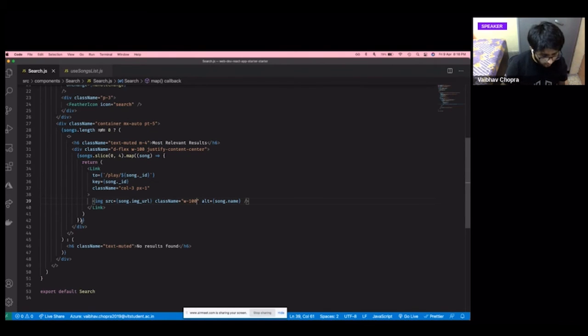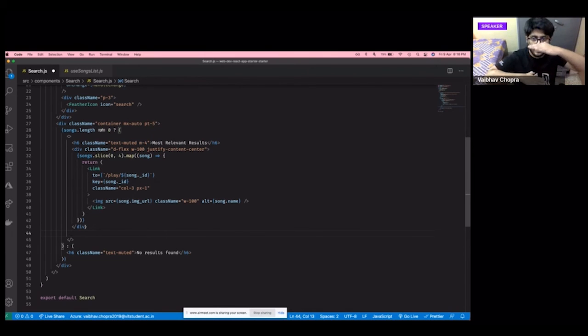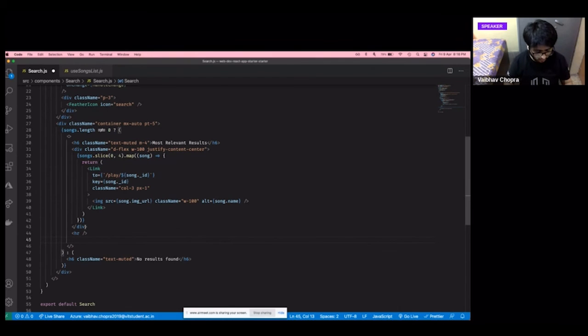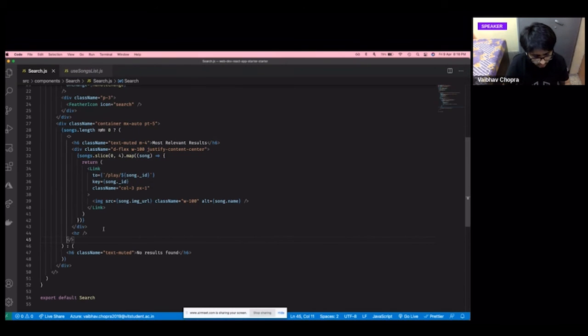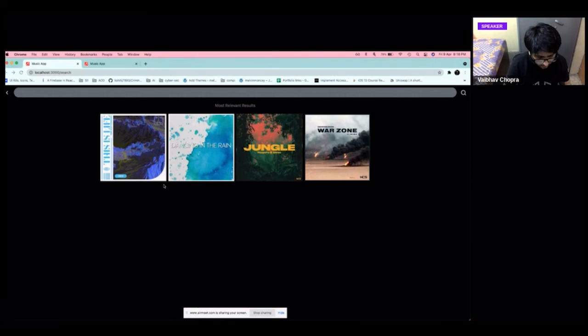Further on, we now need to show that textual list because we have finished with the image list, and with that we will have, first of all, a horizontal ruling between the two. If you save this, you will see that there is a very light line that goes through the bottom of your image list.